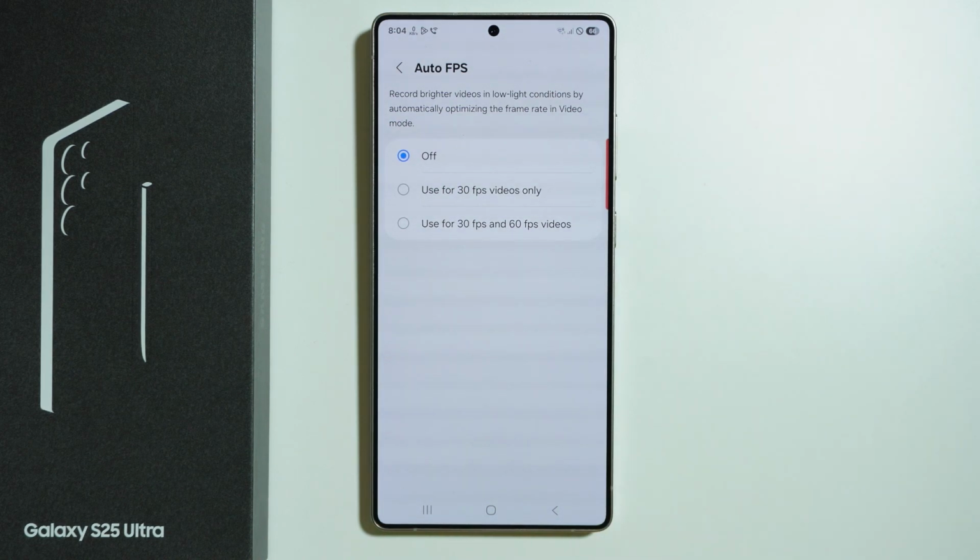So perhaps you may have noticed, if you record at night, sudden FPS drops or frame rate drops, some stuttering, lags, and so on and so forth. So most likely this is the option that does that. So you might want to turn it off if needed. And you can also set it to use for 30 FPS videos only, or use for both 30 and 60